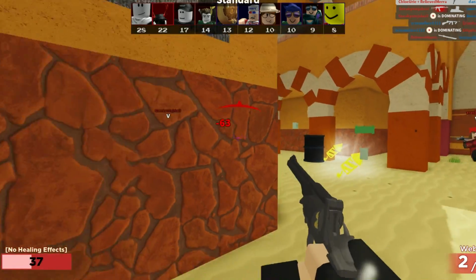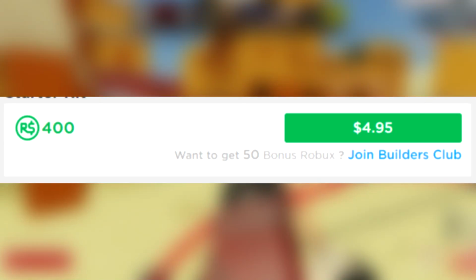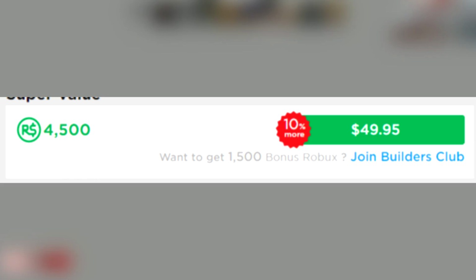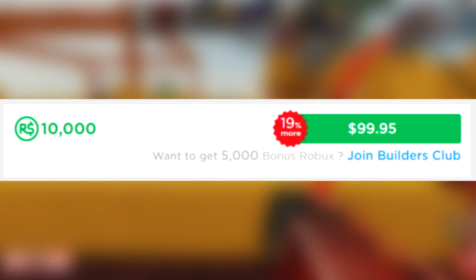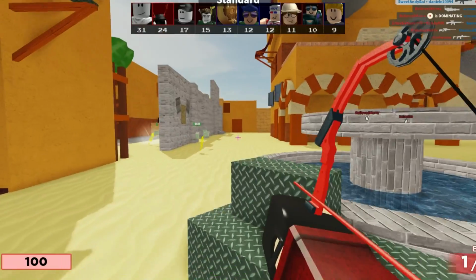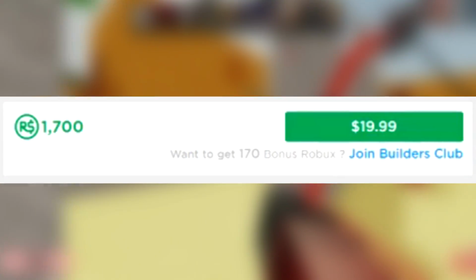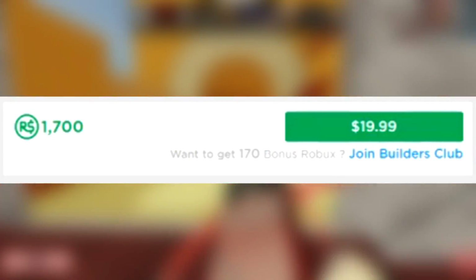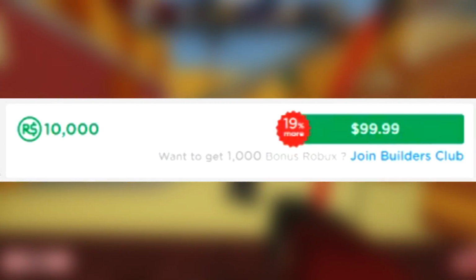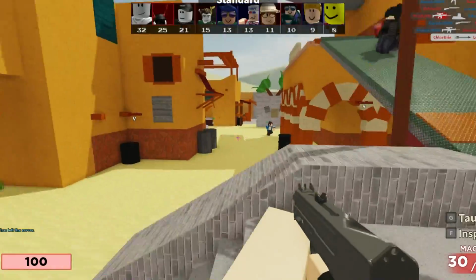And finally, what I think is the biggest change here is the amount of bonus Robux. It used to be 400 gives 50, 800 gives 200, 2,000 gives 750, 4,500 gives 1,500, 10,000 gives 5,000, and 22,500 gives 12,500. Whereas now the bonuses are 400 gives 40, 800 gives 80, 1,700 gives 170, 4,500 gives 450, and 10,000 gives 1,000. So those are some very, very dramatic changes, which I think is the biggest thing people were unhappy about,